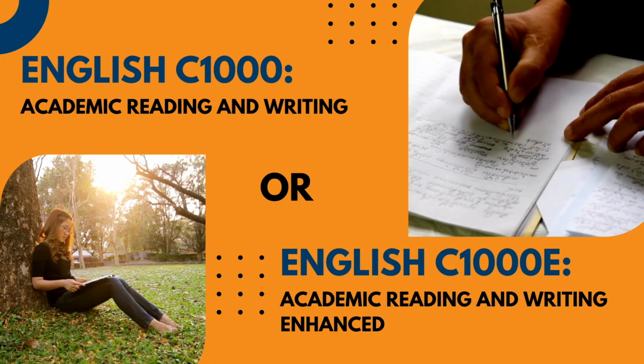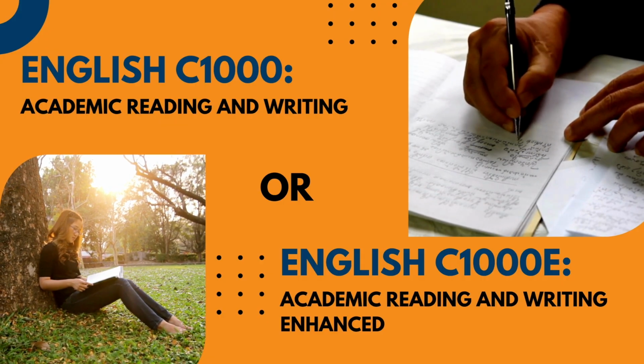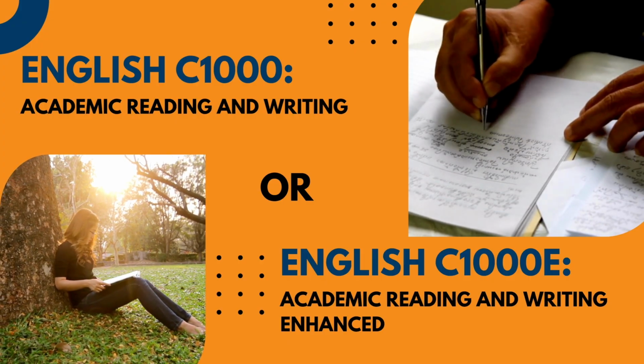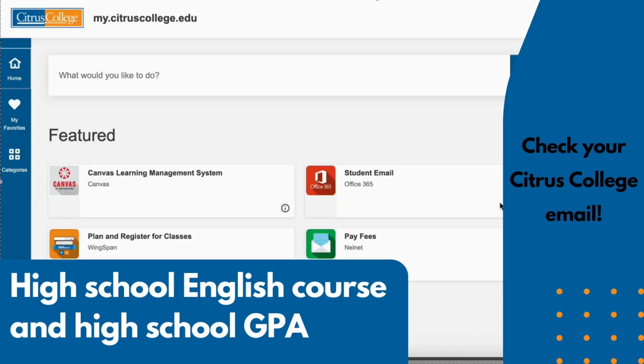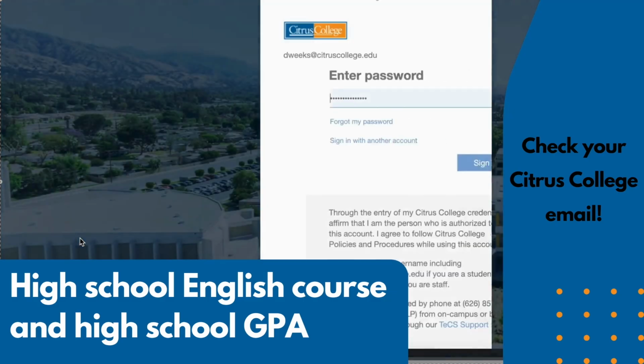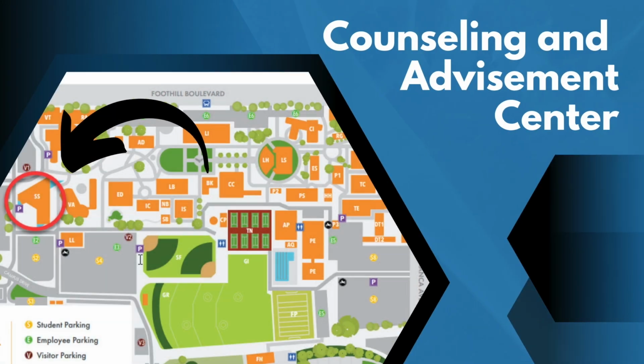The course that you take is based off of the information that you provided to us during your initial application to Citrus College. We look at things like your most recent English course and your high school GPA to decide which course you should take. You are sent a copy of your placement scores to your Citrus College email account after you apply to the college. If you cannot find this email, you are encouraged to talk to a counselor to see which course you